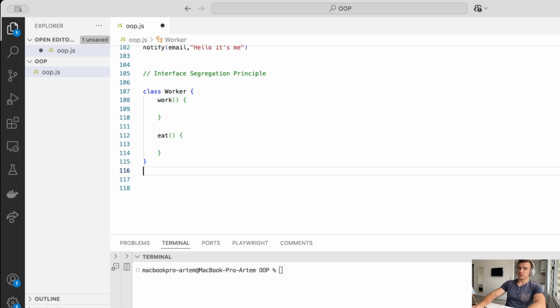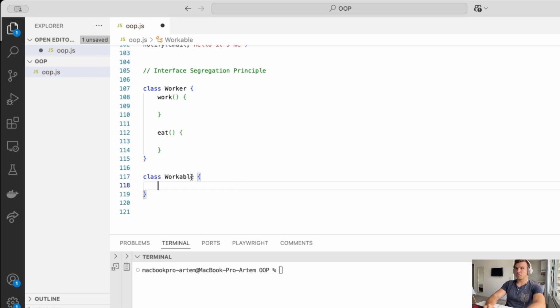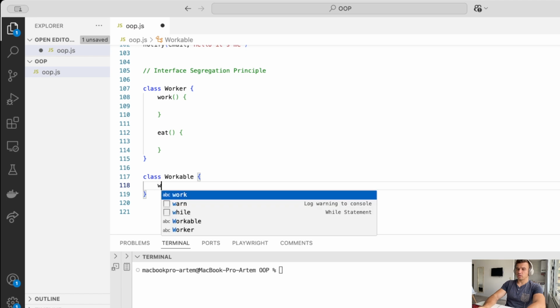First of all we need to create a workable class. Let's say workable. In this class we have the method work,